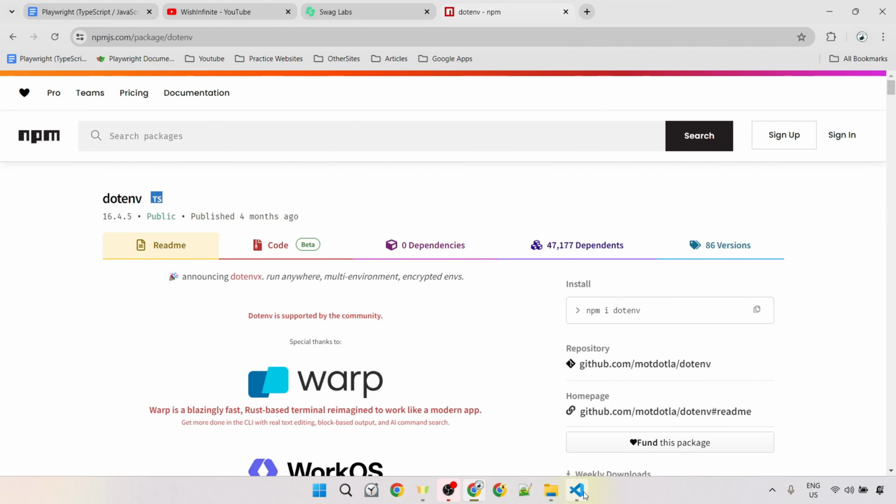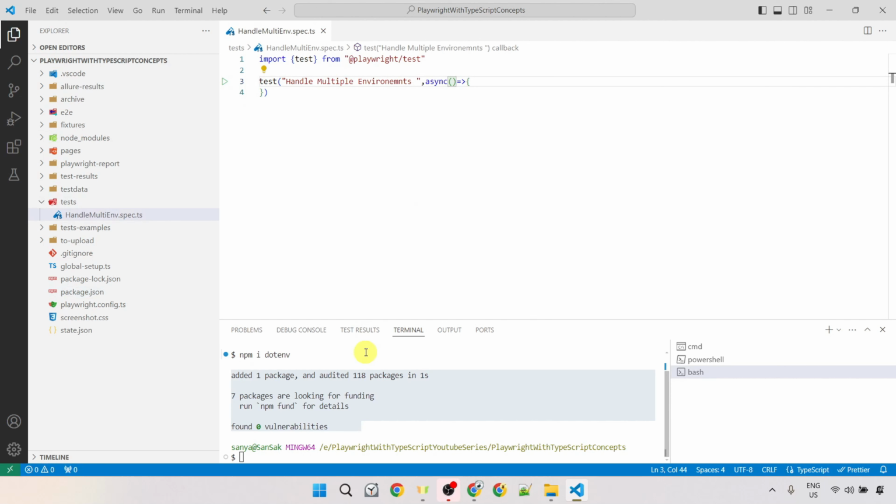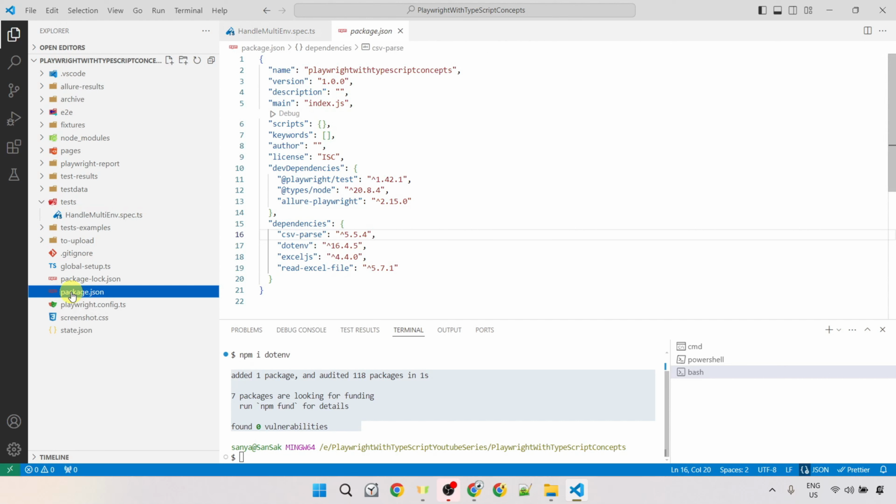Now let's go to VS Code. Here I have already opened my project folder, and in the terminal we need to type npm install dotenv or npm i dotenv. You can use any of them, and once you hit enter, this package will get installed. You can also check the same inside the package.json file, where under dependencies, dotenv with its current